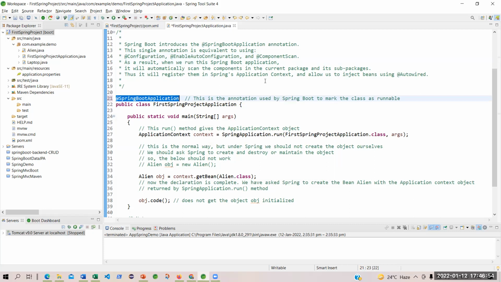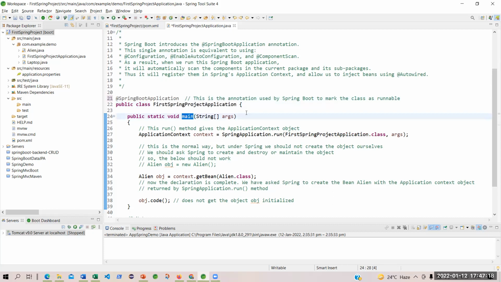That is what we were discussing the earlier day. So the headache of you doing configuration yourself has been taken out by the Spring Boot application annotation. And what am I annotating? I'm annotating this class, and that is the main class.